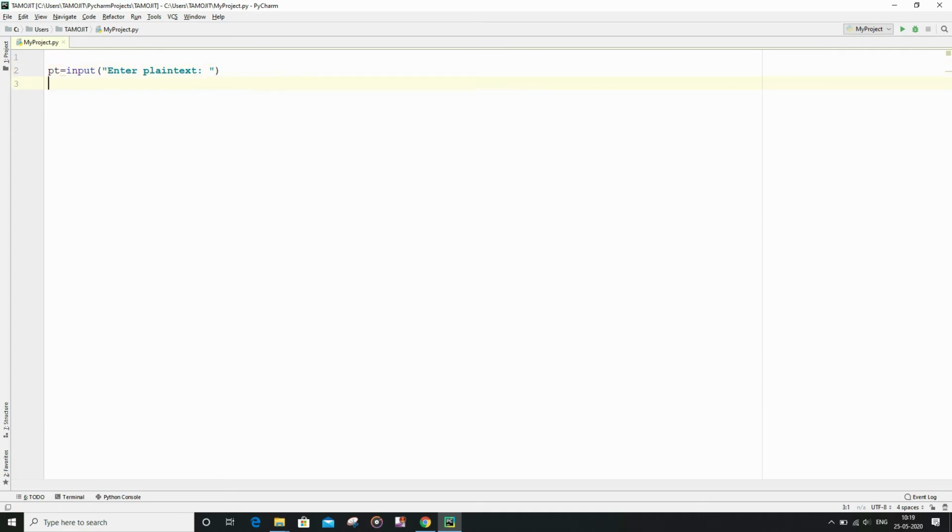and then I am going to call the encrypt function, which I am going to write later, and store the returned value by the encrypt function in encrypt variable. And I'm going to pass plain text as the parameter, and then I'm going to print the encrypted text.